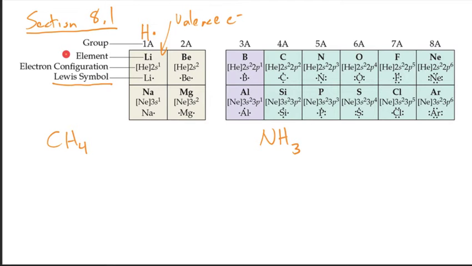Let's see how we actually use the Lewis dot symbol. I want to draw the structural formula, sorry, what we call the Lewis structure. I'm going to do this kind of quickly. There'll be other videos later on showing you how to do it with more advanced topics. Basically, we're going to have a central atom. In this case it's going to be carbon. I'm going to lay the dots out like I see it, and then I'm simply going to place the hydrogen